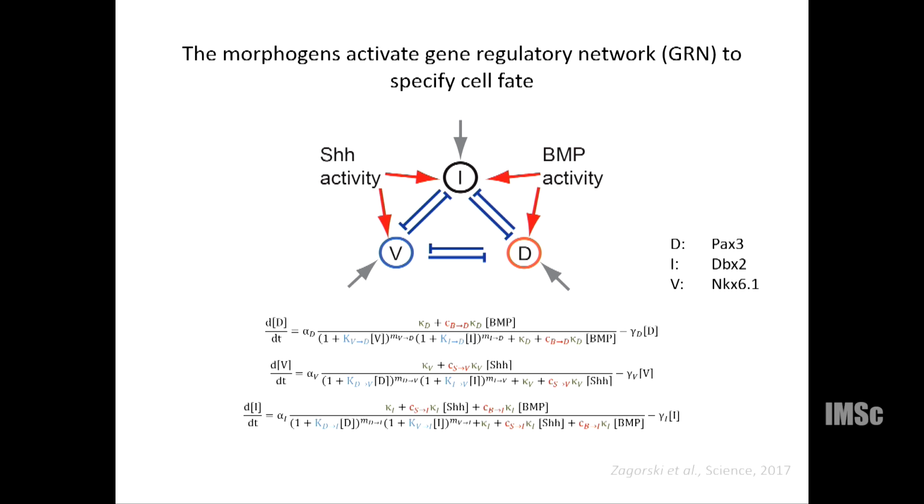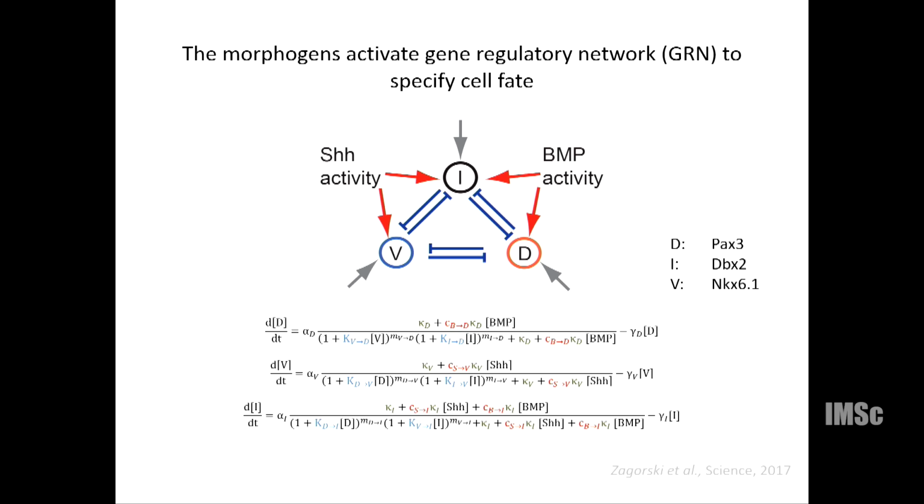The core network here would resemble the toggle switch that we heard about yesterday. But here you additionally have input signals from morphogen activity like Sonic Hedgehog and BMP,